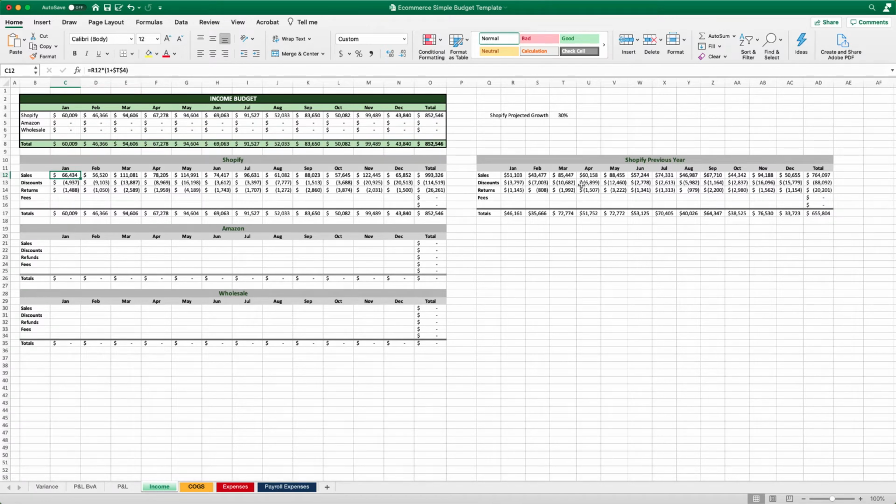If you wanted to get more granular, and you will as you get bigger, I would probably break this table out into a separate worksheet. So you could model seasonal growth, accelerated growth. So maybe you're saying, hey, I expect 30% growth in January and accelerating 1% every month. Maybe you want to break things down into units and get really granular. Maybe you want to tie this to your marketing budget. But if you're just getting started with a simple budget, this is a real easy methodology for uplifting your finances,